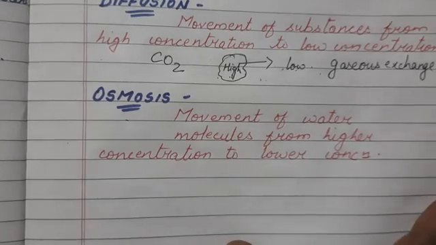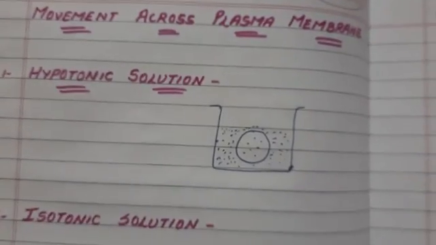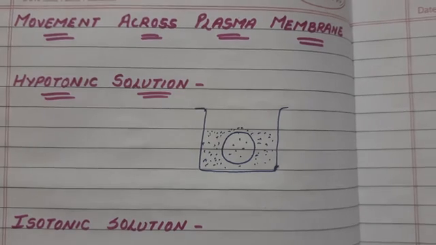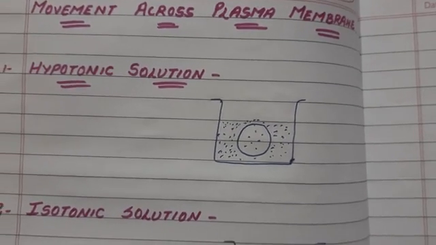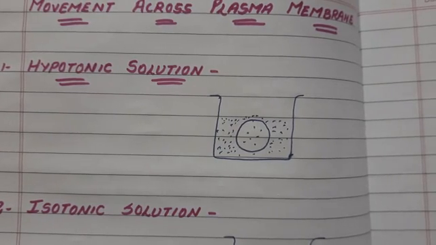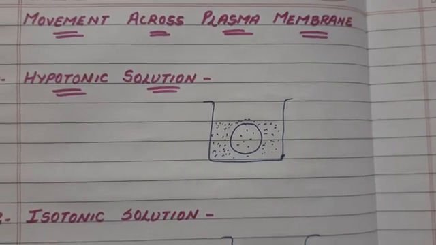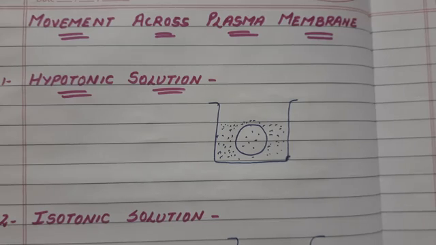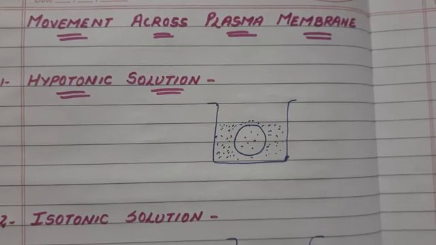Okay, now if we put an animal cell or a plant cell into a solution of sugar or salt, you have to make a sugar solution. You all know how to make a sugar solution. You have to just take water and add sugar, or if you have to make a salt solution, you can add salt in it. Now if you put any cell, you can take the example of raisins. What is raisins? Raisins means kishmish.